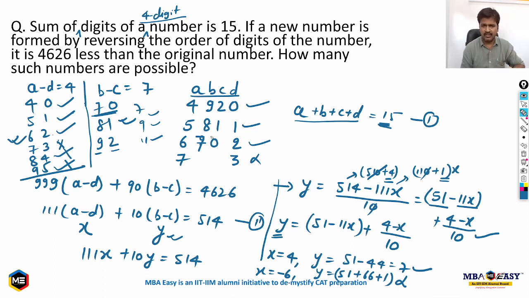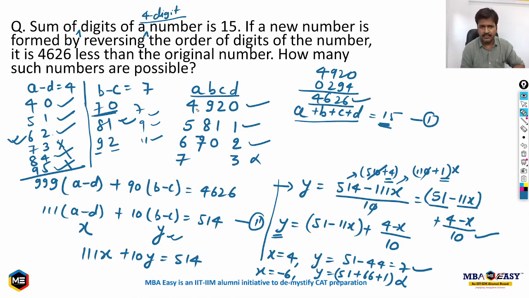तो ये आपके 3 नंबर्स ऐसे हैं जो इस कंडीशन को फुलफिल कर रहे हैं। चारों डिजिट का सम 15 है, एंड इसको रिवर्स करेंगे और डिफरेंस लेंगे, तो डिफरेंस कितना आएगा, 4626। आप एक एग्जांपल ले लो, एक एग्जांपल ही लेता हूं, बाकी आप क्रॉस चेक कर लेना। 4920, इसको रिवर्स करिए, 0294, राइट? डिफरेंस लेंगे, 4920 minus 0294 कितना आ गया, 4626।